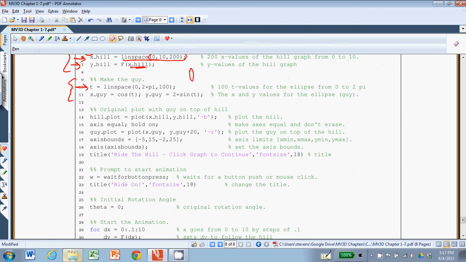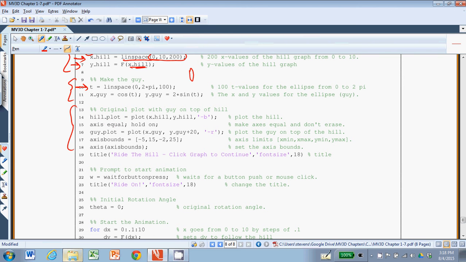Then I do my original plot. This is just the hill plot. I want to use axis equal and hold on so that my animation isn't redrawing these pictures. If you don't put hold on, you'll notice it because it just redraws everything. It looks crazy. And axis equal makes sure my ellipse looks like an ellipse and my rotations look as they